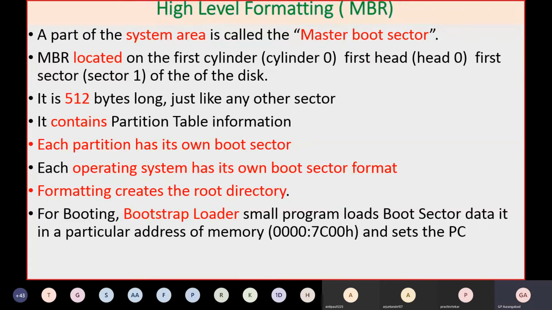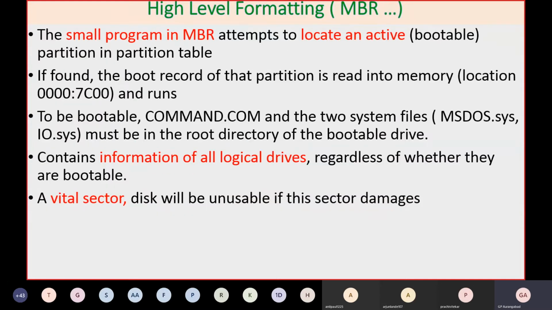Okay, then here, as I said, we are talking about the bootstrap loader. This is a very small program, whose importance we will see. It resides in a boot sector and is loaded by the operating system into a certain fixed memory address. Once that is loaded into memory, booting starts automatically. Once boot starts, it loads command.com, then ms.sys, and maybe io.sys.